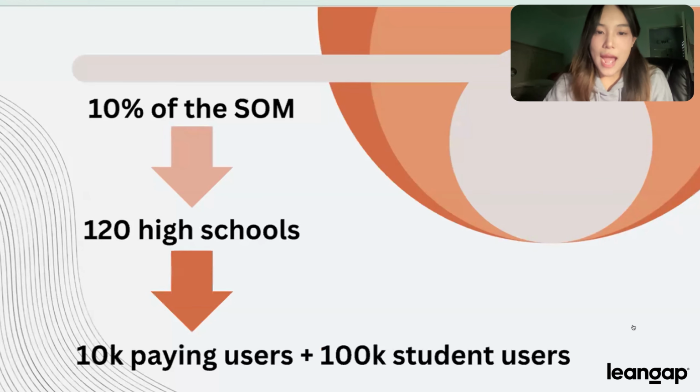We're going to reach 10% of the California schools in the next 2 years, which amounts to 120. With an average of 80 teachers per school, our pricing plan covered later will target close to 10,000 teachers and around 100,000 free users. After California, we plan to expand to schools across the country and then across the globe.